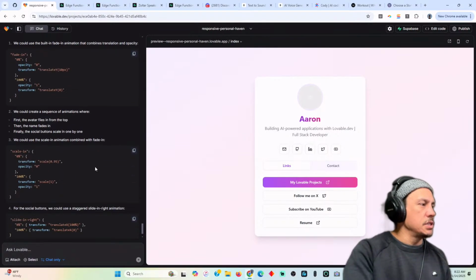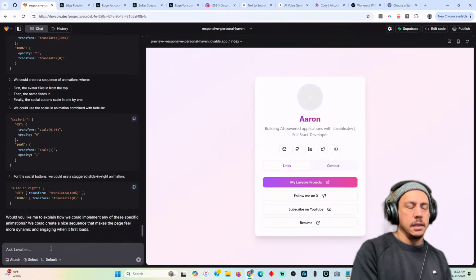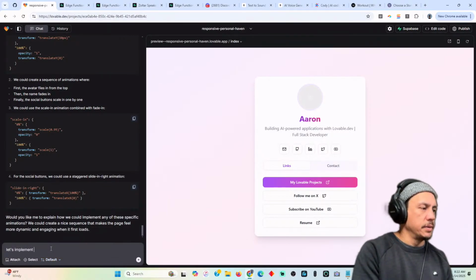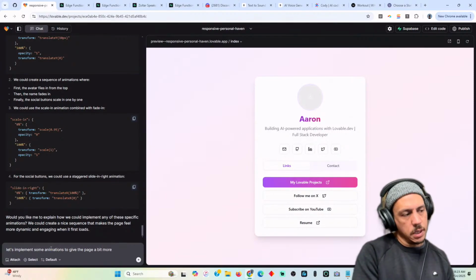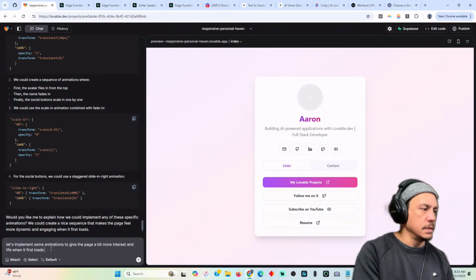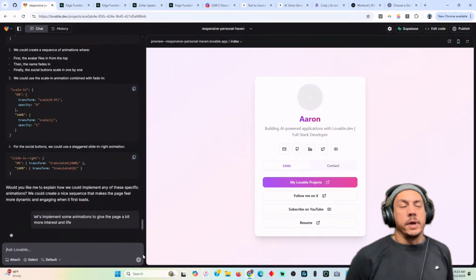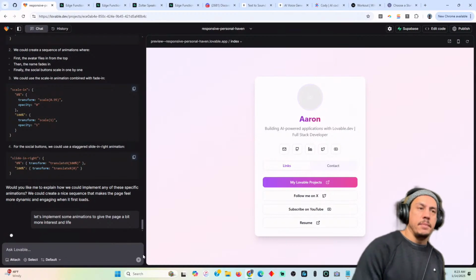We could use a built-in fade animation. Let's implement some animations to give the page a bit more interest and life when it first loads up. And life. Let's just go with that. I don't even know if I want it to just be on load, but let's just add some animations and,